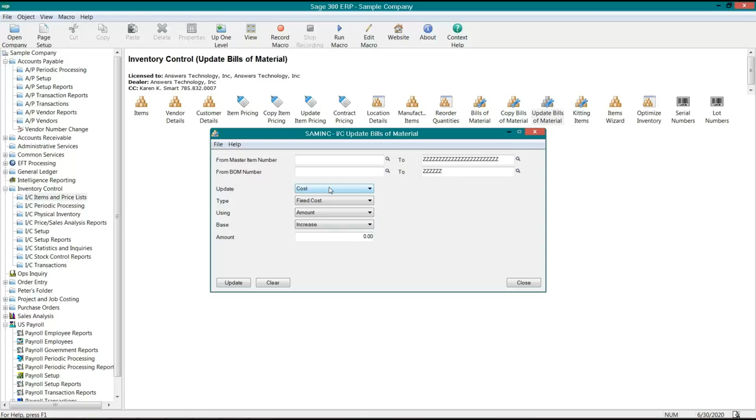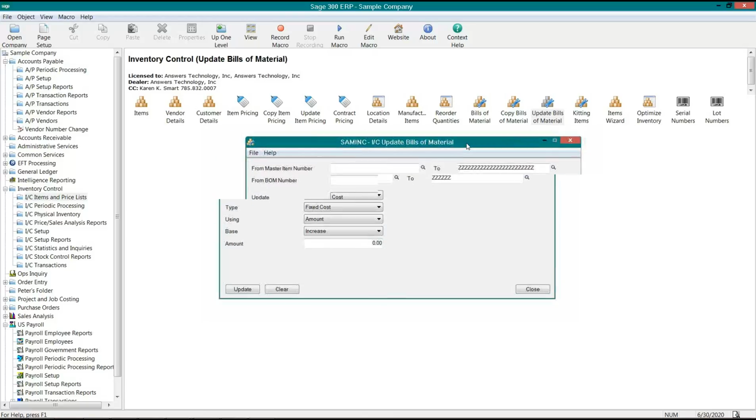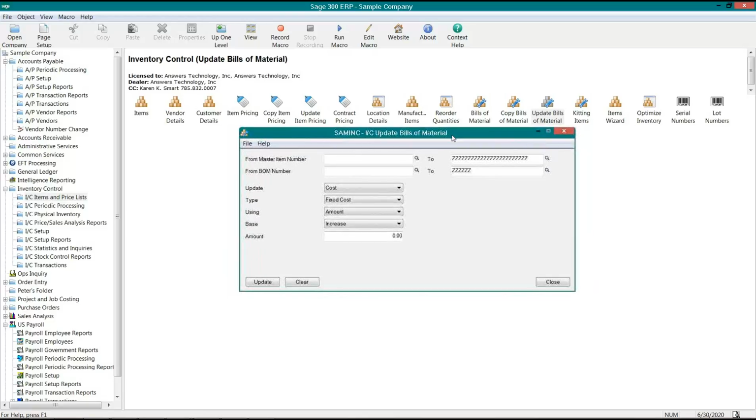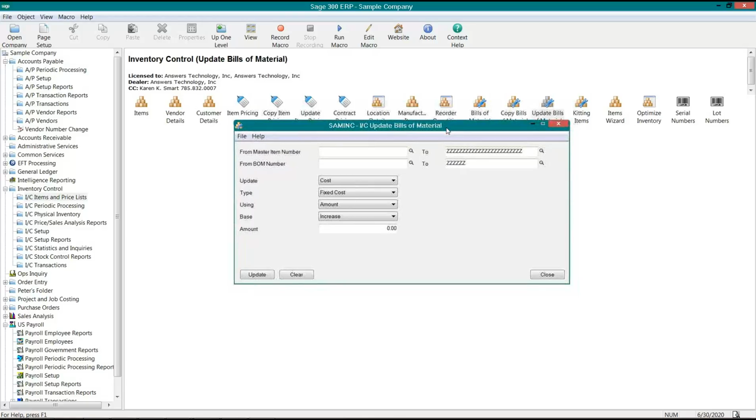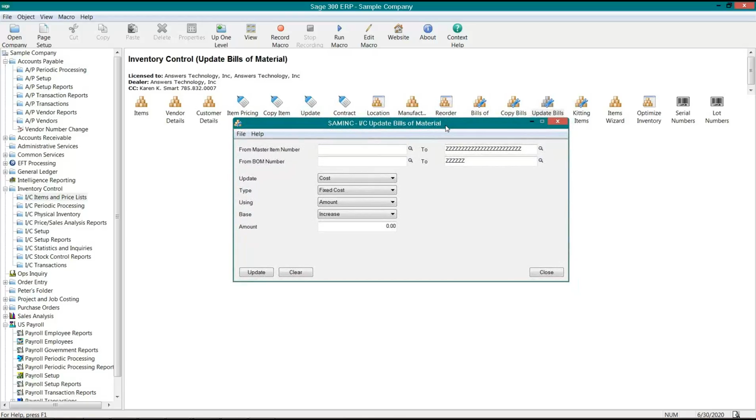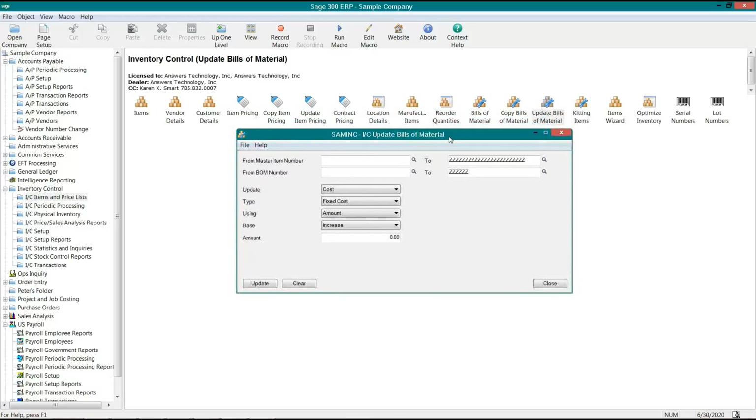You would use that if you knew, say, for instance, you had done a study or research that all of your variable costs are raising because of some new piece of equipment or safety equipment that you had to put in place for all of the manufacturing resources that are there, meaning your machinery. And as a result, that's caused an increase in your manufacturing process. So those are costs that you can change, whether it's fixed or variable, to those master bills of material and